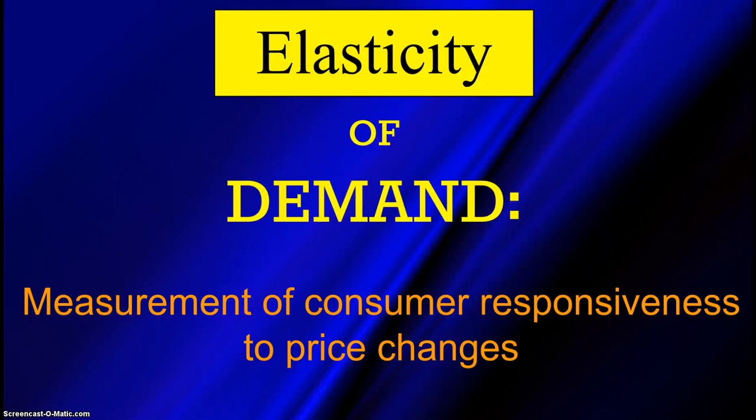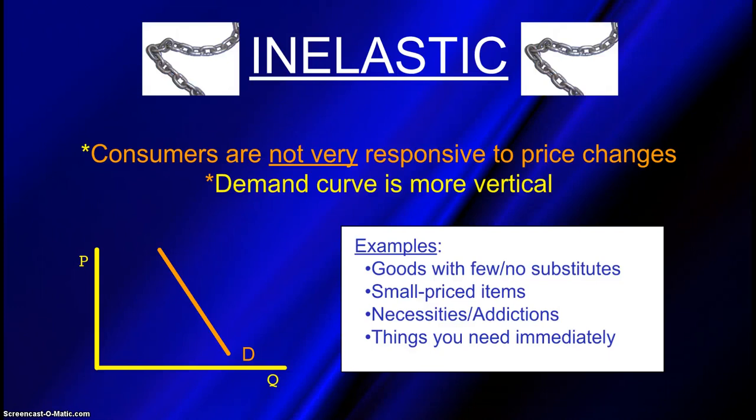All right. So the next section of this lecture is going to talk about elasticity of demand. Elasticity of demand just measures how responsive consumers are to price changes. So we just got done learning that when prices go up, quantity demanded goes down, people want to buy less. And when price goes down, quantity demanded goes up, people want to buy more. But elasticity helps us figure out how much more or how much less are people going to buy when that price changes. So the first type of elasticity that we're going to talk about is inelastic